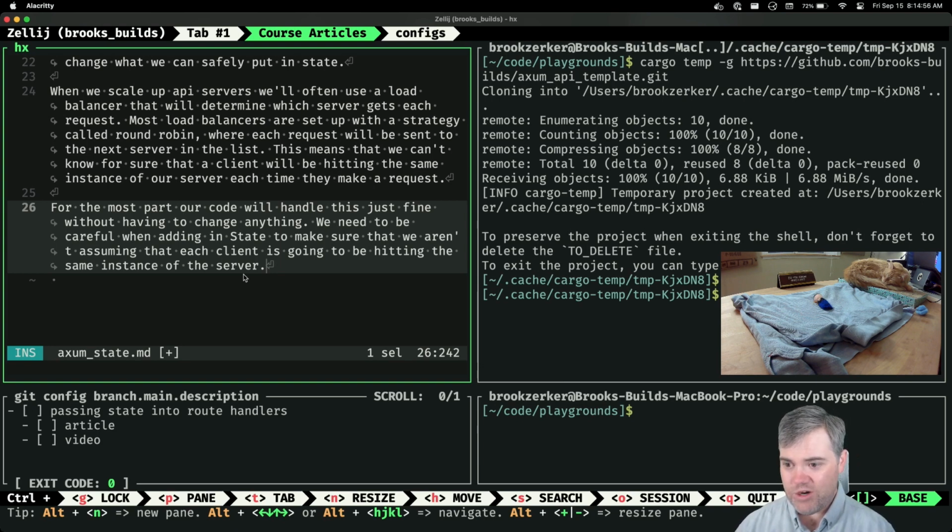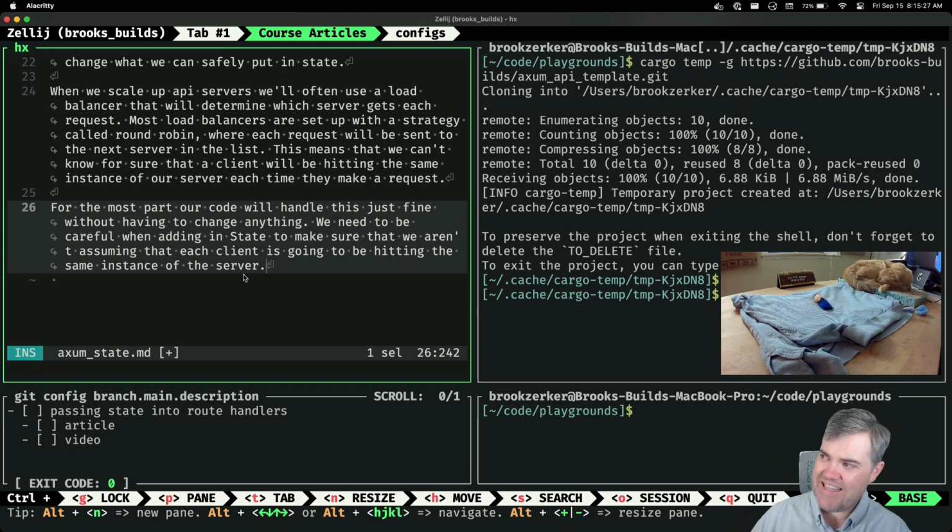Okay, so for the most part, code will handle this fine, and it will. Like doing any basic logic, if it's just basic in and out. We really want to write our servers almost as if it's a functional programming paradigm. We don't want to store state inside of the thing. Yeah, that's the problem, because we do need state, but I need that to be generic to the program, not generic to the user.